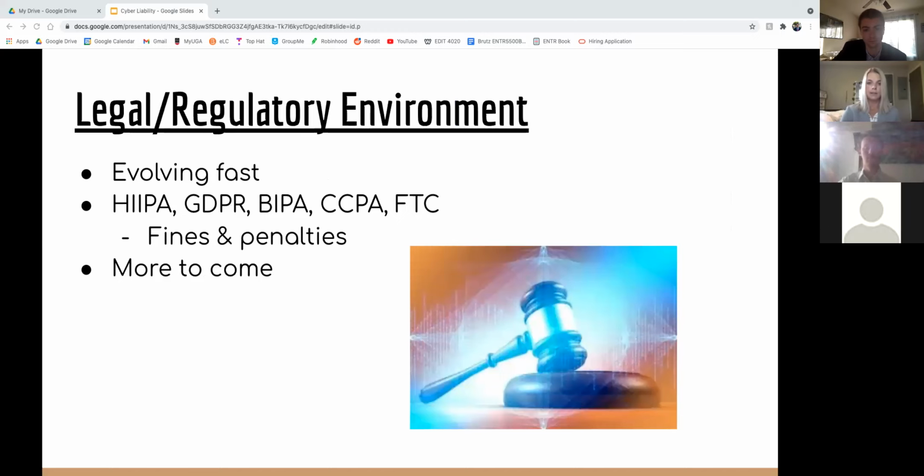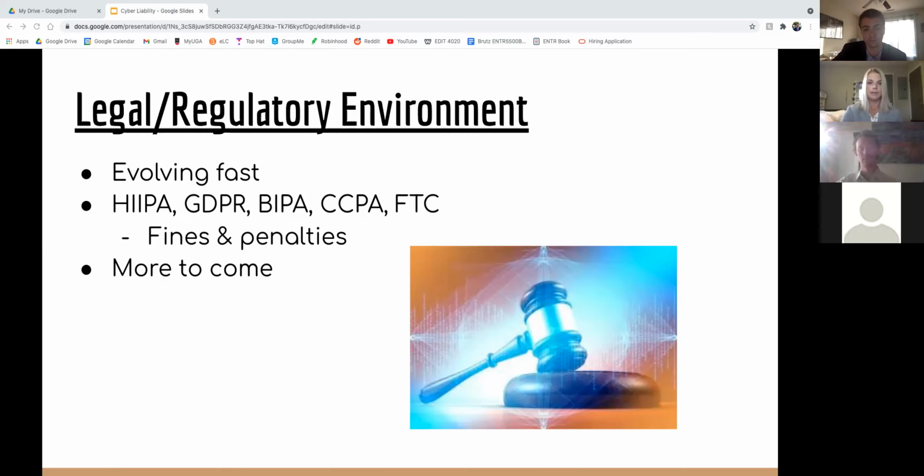Companies with customers' and clients' data have a duty to protect and secure their personal information. These companies have a privacy liability. If this information gets leaked from a cyber attack, the company is held responsible and will likely face claims, some being class action suits. These lawsuits could result in the collapse of a company if they don't have cyber insurance or the necessary funds. Some regulatory bodies that enforce these cybersecurity standards are HIPAA, GDPR, BIPA, CCPA, and the FTC.